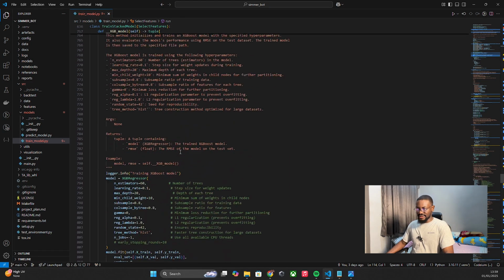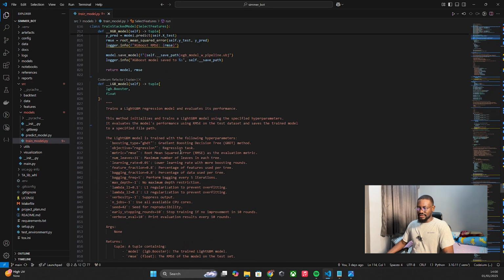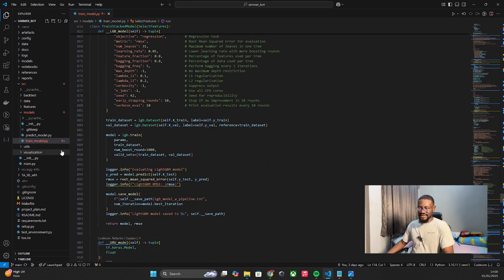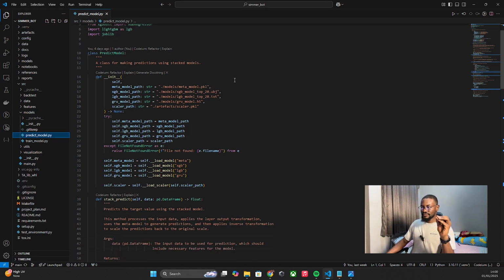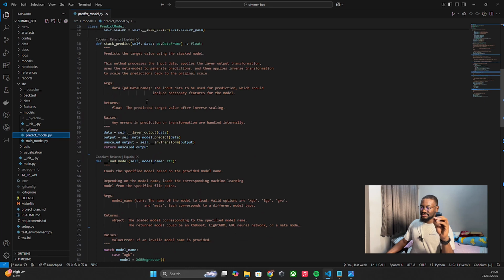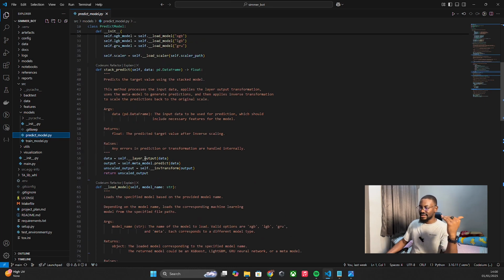All right, that's basically it here. And then predict model. So this is the pipeline for using the model to make predictions, right? Stack predict, you give it the data, it gets the layer output, makes predictions on the data,